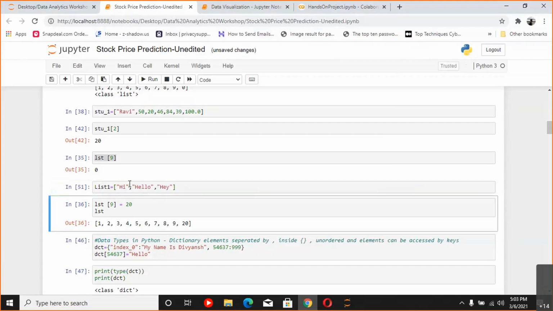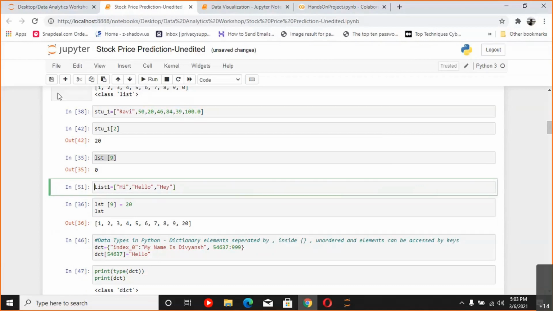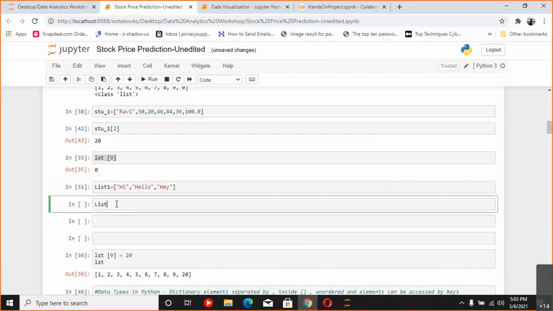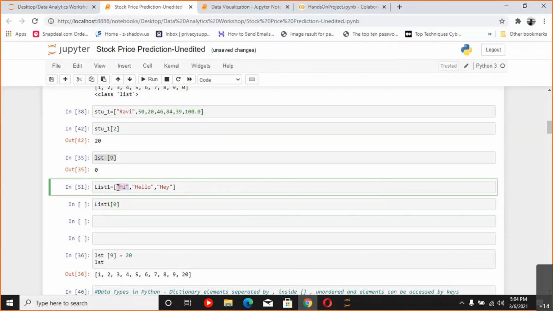So this is a list that we have created, and if I go here, list one, and type 0, as I said, in programming the count begins from 0 and then goes further. So the first value in the list is stored at the 0th position.